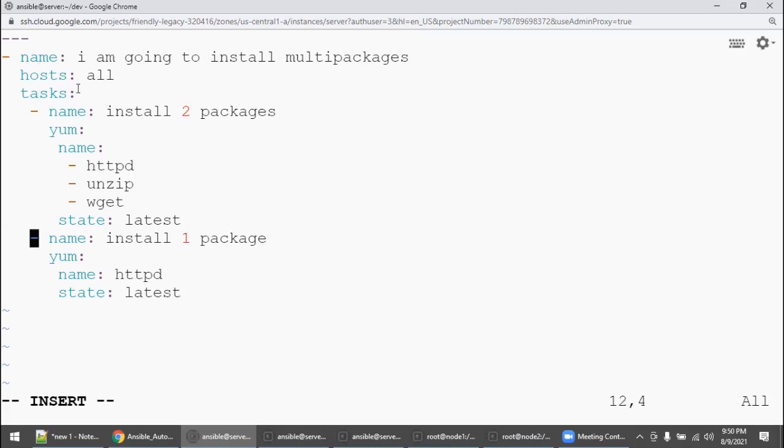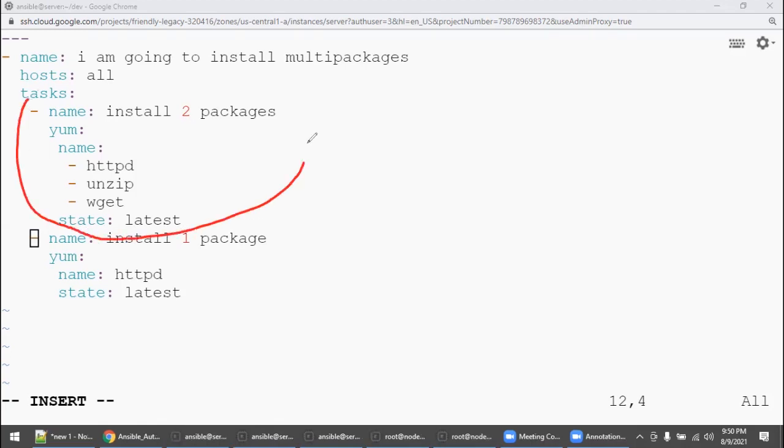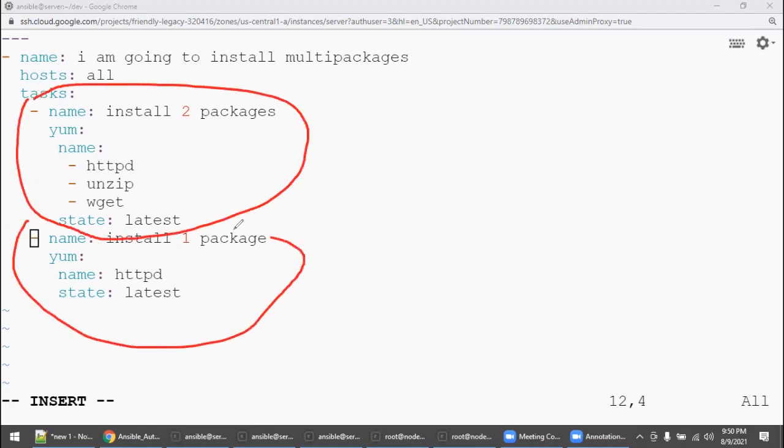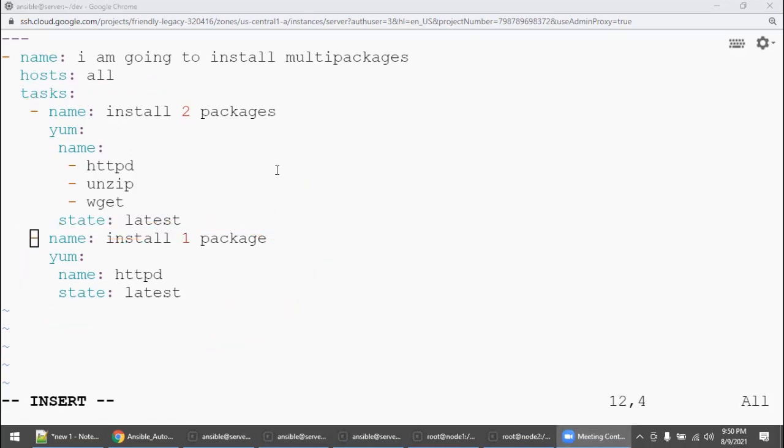So the moment you say task, you come one indent inside, one space. That means after that, whenever you start any play, this is play one, right? This is play two, right? The starting point is going to be the same, even if you go for a thousand or 2000 plays. This is task one, this is task two. In Ansible terminology, this is play one, this is play two. That's it, right? So you say escape colon w.